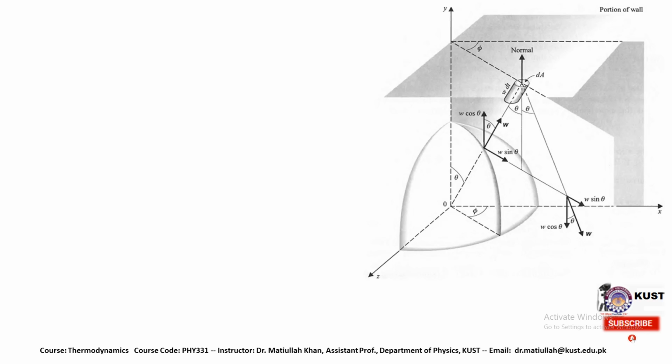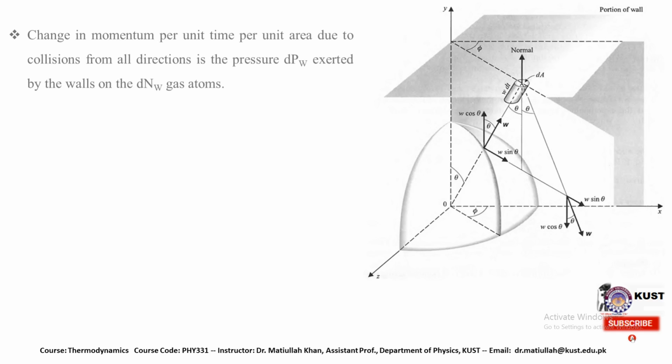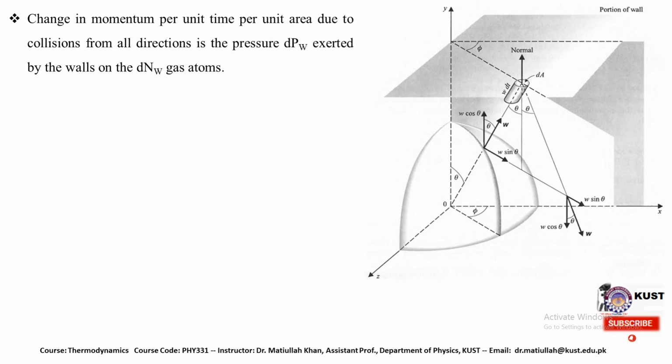So this is the equation we get for the total change in momentum of these particles. The change in momentum per unit time per unit area due to collisions from all directions is the pressure exerted by the walls and the gas atoms. So we can get the equation for this change in momentum per unit time,